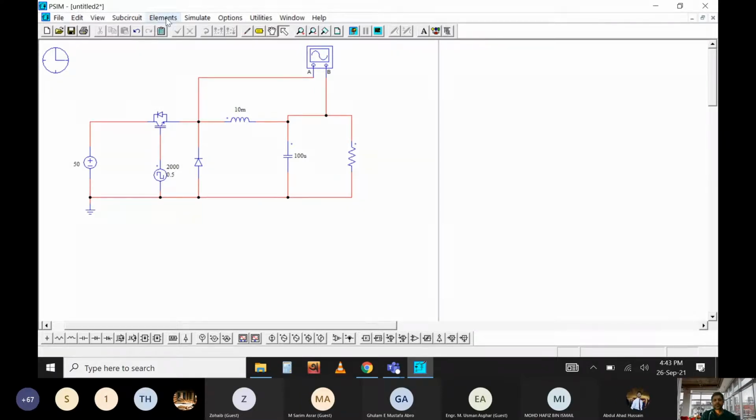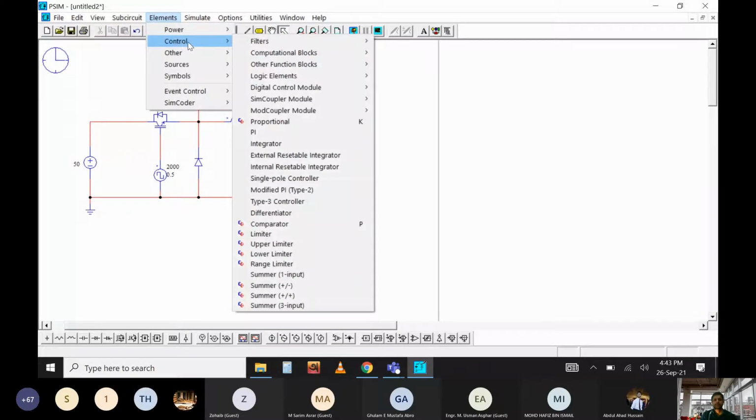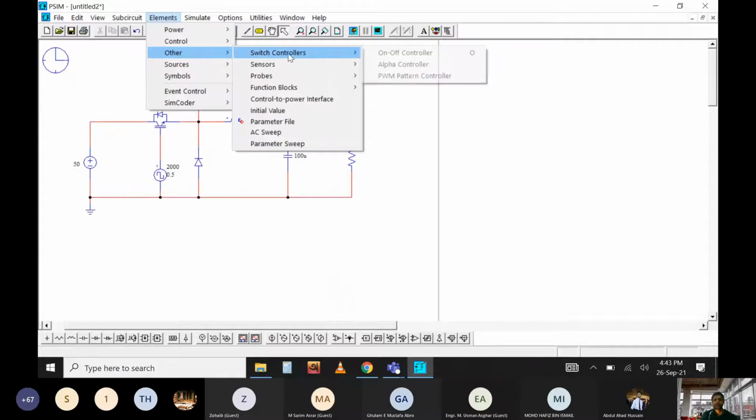They cannot be connected directly to any control source. There are 3 kinds of switch controller available here: on-off controller, alpha controller, and PWM pattern controller. These are nothing but simple elements which you just need to connect.